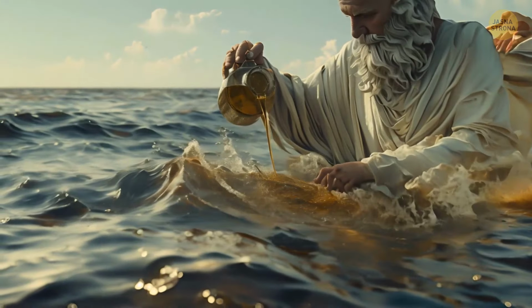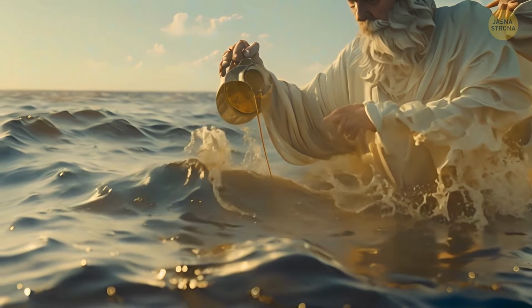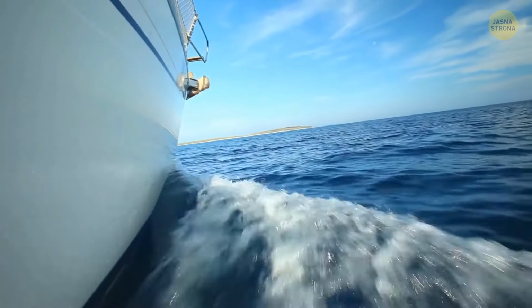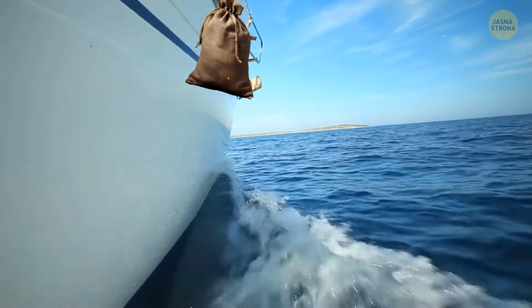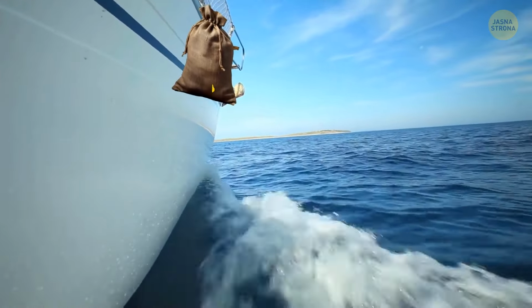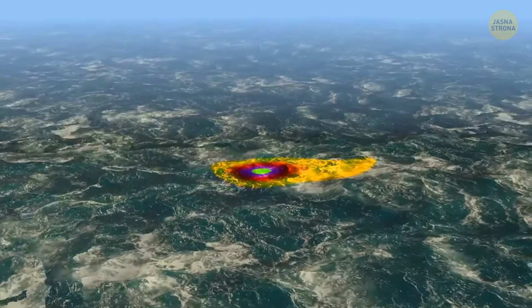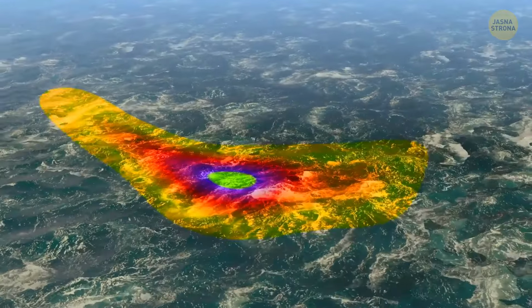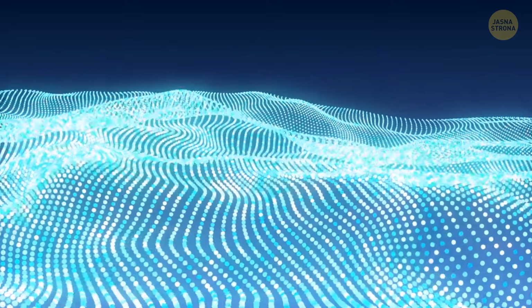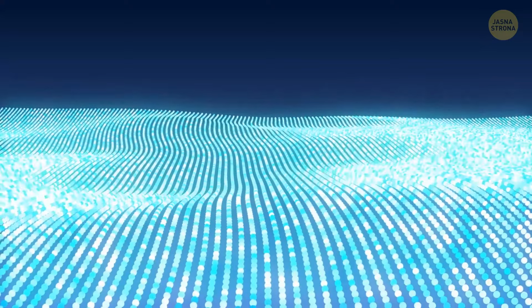You can't just pour the oil on the water, you have to let it leak out gradually, drop by drop. The best way is to hang a bag of cod liver oil or something like that over the side of the boat. The oil seeps out through the bag onto the water surface and smooths out the waves. Not only does the oil calm things down, but it also stops the wind from messing with the surface. Just a bit of the right oil, like a gallon or so, can flatten out a huge area around the